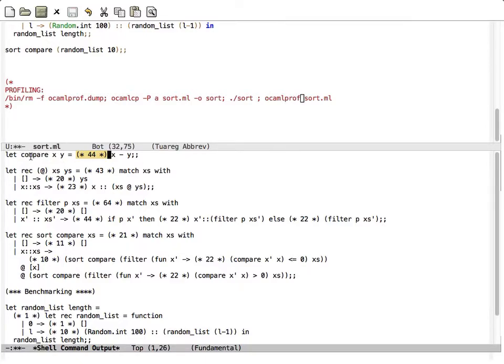So this tells me that the whole compare function was called 44 times. So in order to sort my 10 elements array, I had to call compare 44 times. I have to call append 43 times. I had to call filter 64 times. And I have to call sort 21 times. And even more, you get more detailed information. You can see how many times the base case was called and how many times the